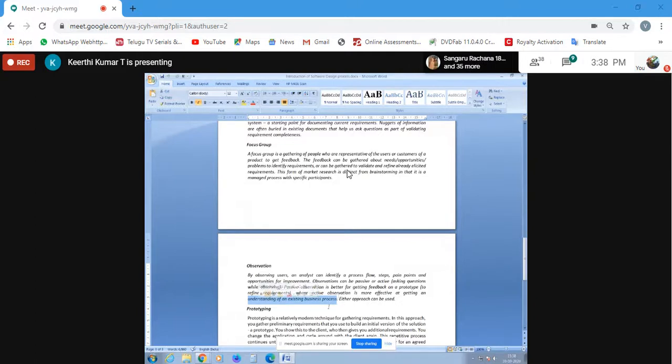Active can be long term, because you want to study how the product is going to affect your business, how your product is going to affect the market or current trends and stuff like that. So passive observation is like getting feedback on a prototype, to refine requirements. You directly ask the person, be it an end user or client, what do you really want? He says something, and based on those conclusions, you take the data, and then you try to do the observations, right?